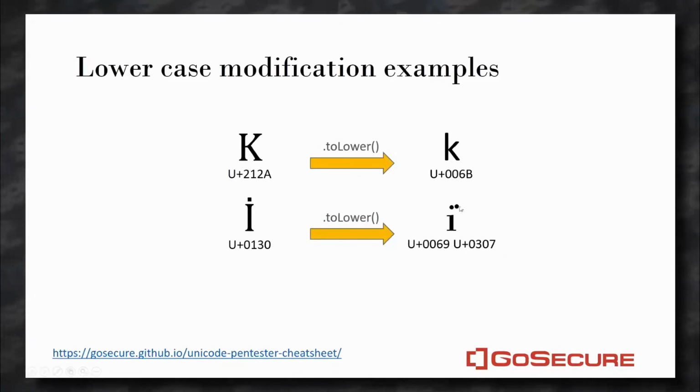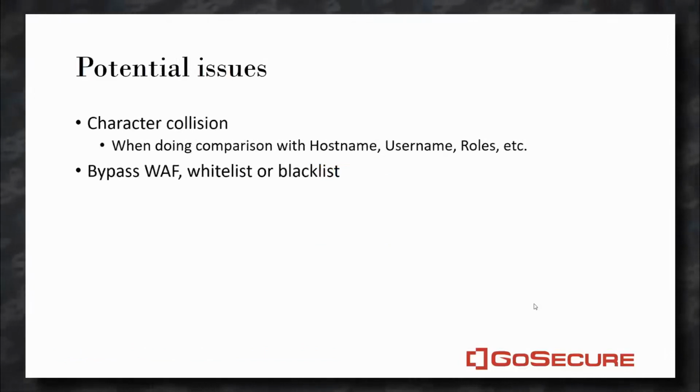So there should be a dot right above the I, but basically it's a dotless I, but with a dot on top of it. PowerPoint is not rendering it properly. So it's not exactly ASCII, but sometimes it could be enough if the second part is later truncated or removed. So again, the potential issue is similar to normalization. If you're doing a critical security check on strings and you have done toUpperCase or toLowerCase on your value before doing the security check, this can cause some issues.